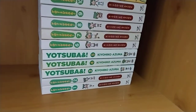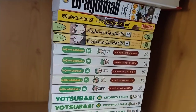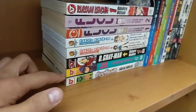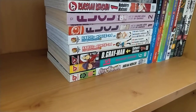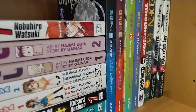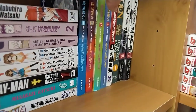Over here we've got Yotsuba 1 to 10 with those ADV volumes breaking the continuity. We've got Nodame 1 and 2, Gurren Lagann 1, an extra volume of Gintama because it arrived damaged. The same goes for Gintama there. We've got Aizu Volume 6, D.Gray-man 1, Haruhi 1 and 2, FLCL 1 and 2, Rurouni Kenshin 1, Oh My Goddess 1, 2, 4, another volume of Trigun Maximum 1 because that also arrived damaged, and another volume of